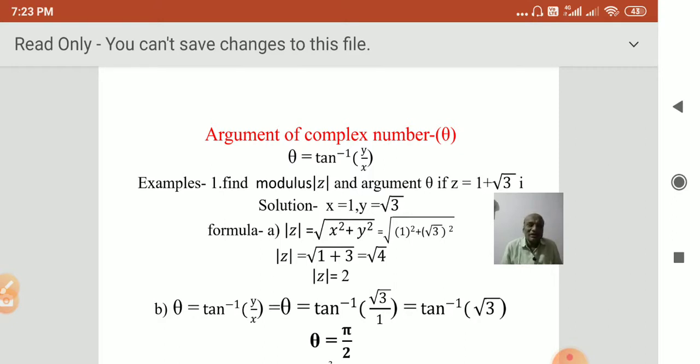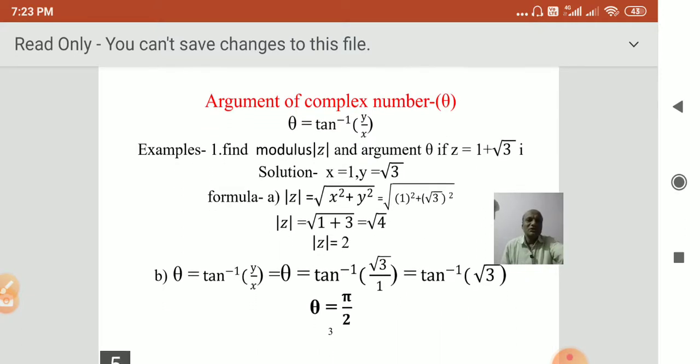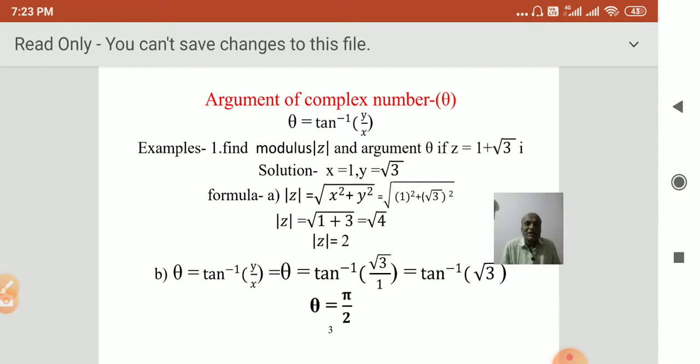Now in short, we have seen what a complex number is, how the complex conjugate can be found, what the mod or modulus of a complex number is, how it is calculated, and how the argument of a complex number can be found. Now we take a simple example in which we see all these terms which we have discussed. The example is: find mod z and the argument theta of the complex number, if you have been given the complex number z equal to 1 plus square root of 3i.